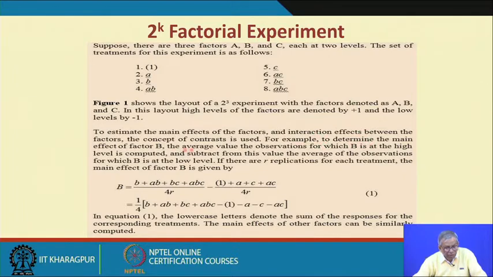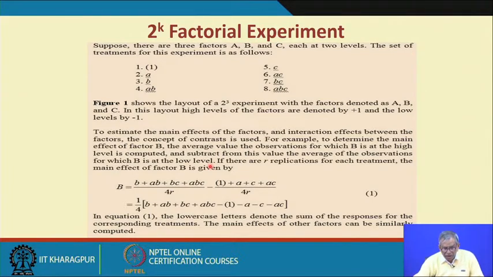For example, to determine the main effect of factor B, the average value of the observations for which B is at the high level is computed. Okay, so that means out of all the combinations, you select those combinations where factor B is at the high level, and subtract from this value the average of the observations for which B is at the low level. I think it is made very, very clear. So if you want to estimate the main effect of factor B, this is the rule we follow, and the same rule you have to follow when you compute, let's say, the main effect of A or other factors,